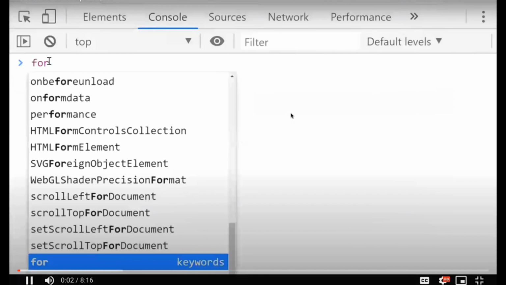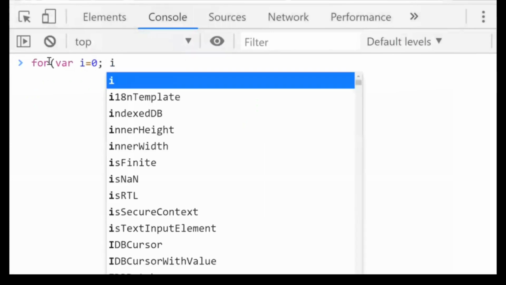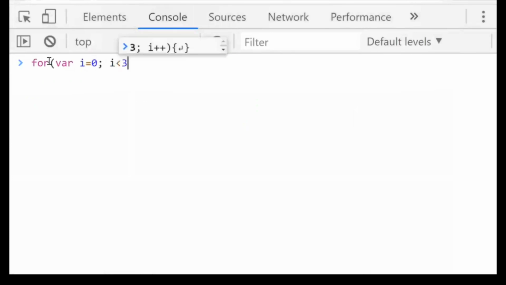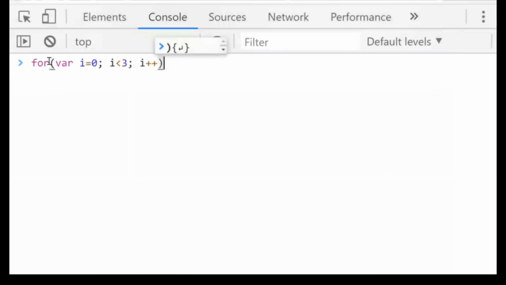So now let's see a few examples regarding let and const. Here we are declaring a variable i equal to 0, i less than 3, i plus plus.